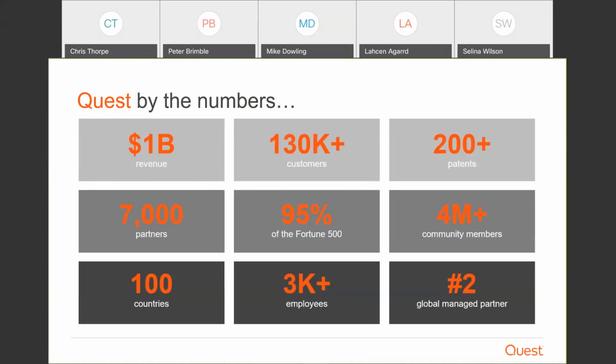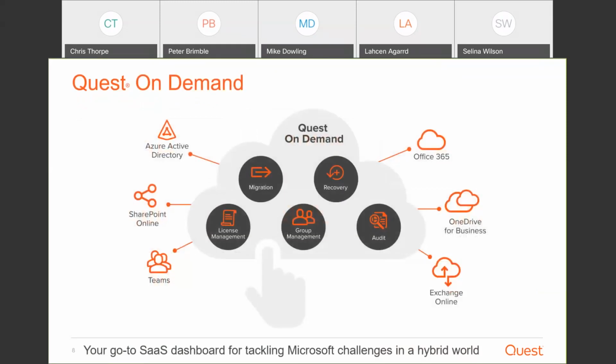And globally, we are the number 2 globally managed partner with Microsoft. So we work very, very closely with them, and we have a very good relationship with them. We work to assist them and their customers in how to get the most out of Office 365. So if I give you a quick overview around the Quest on Demand portfolio, there are effectively 5 separate